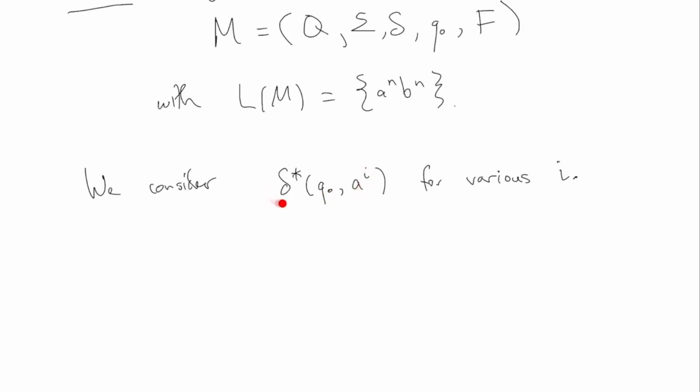So what I'm talking about is for various I. So this means maybe starting with I equals 1. It means if you start in the starting state and you do 1A, where does it end up? Or I equals 2. If you start in the starting state and do 2 A's, where does it end up? All right, so these things for various I, these are the